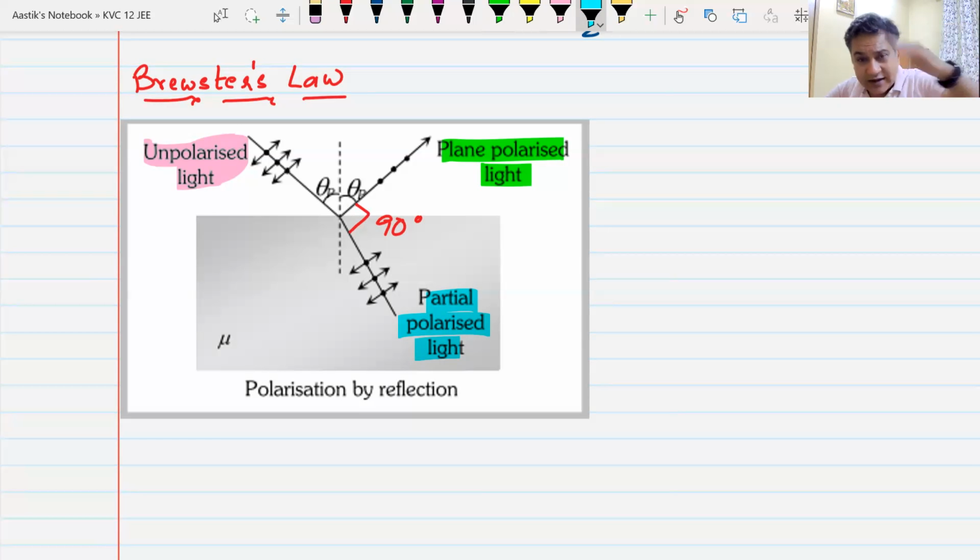Now, if you change the angle of incidence, and as you can see, this is the angle of incidence. If you keep on changing the angle of incidence, the angle of reflection and the angle of refraction change. Yes or no? Yes, sir. At a particular angle of incidence, which is known as the Brewster angle,